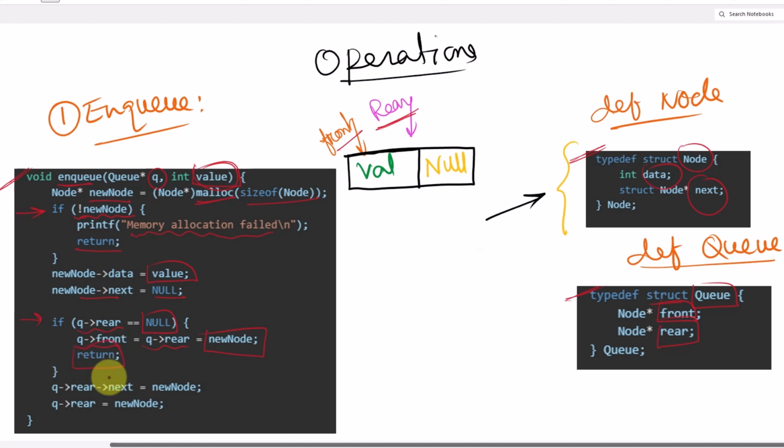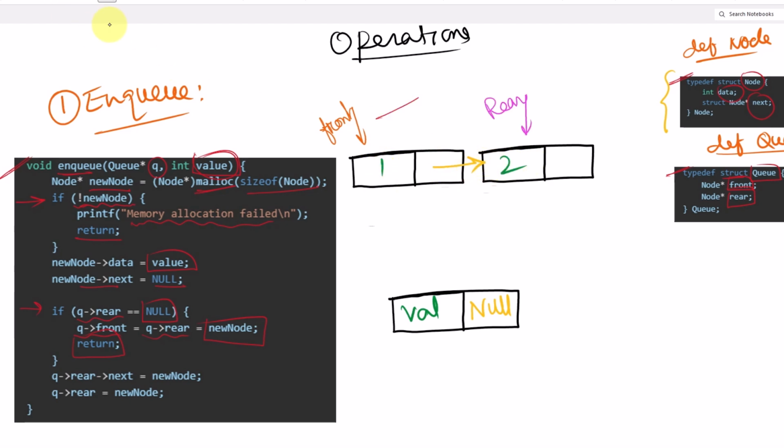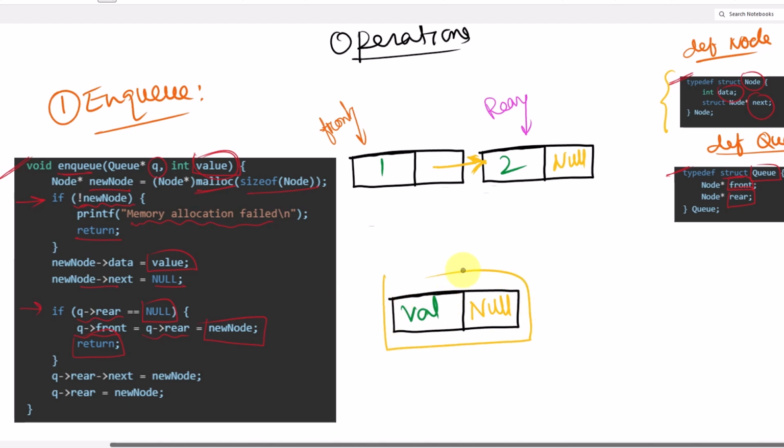So this is the case when the queue is already empty. Now suppose we previously had some values in the queue. So suppose previously we had two nodes in the queue with the values 1 and 2, and we have a link between these two nodes, and the last pointer is pointing to null. Now in that case, if we wanted to insert this new node into that existing queue,